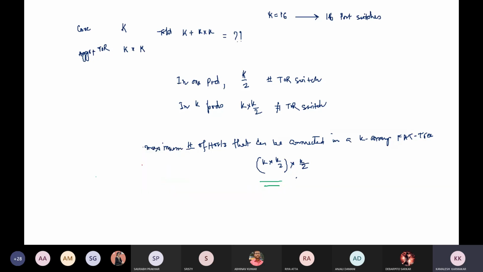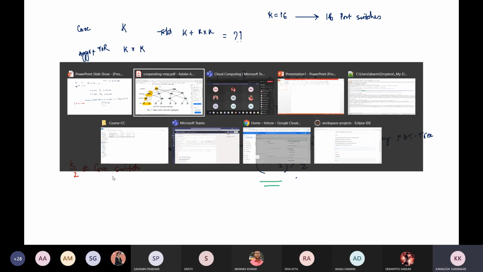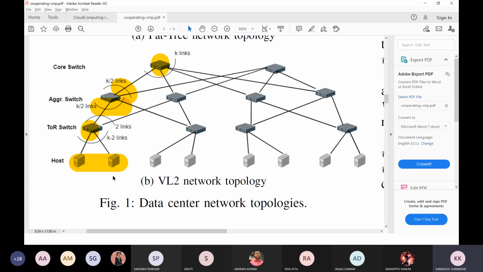In case of the VL2 network topology, in our core switch layer we have k by 2 number of core switches. Now let's check.